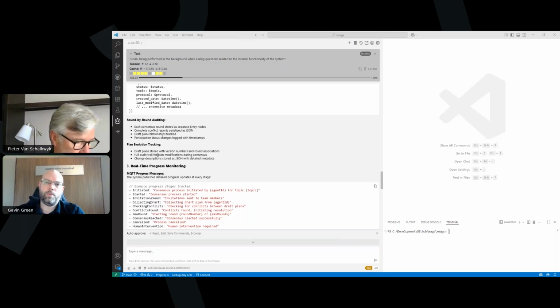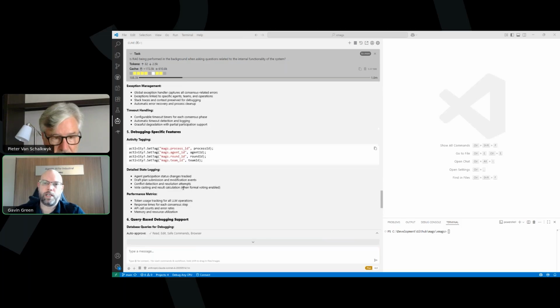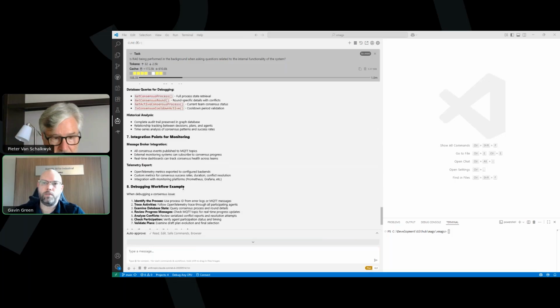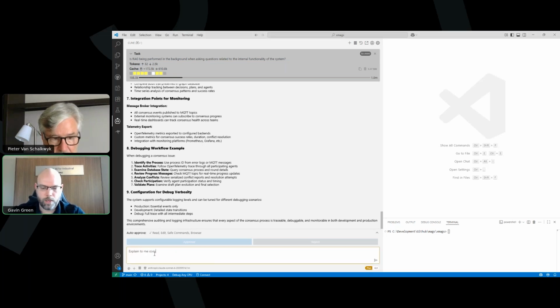All rounds are auditable. The plans are auditable as well. As you go through the progress, you can see the different levels and different areas that it can go into for its integration points for monitoring, message broker, telemetry. So this is all on debugging. So explain to me consensus